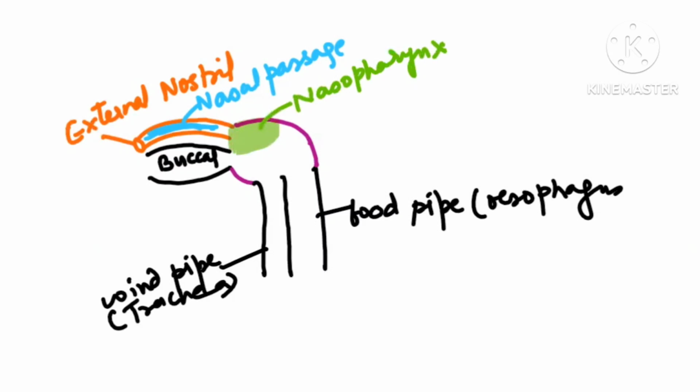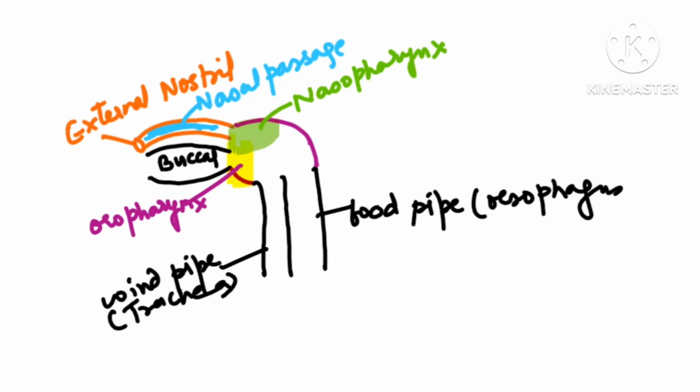This part of the pharynx, which is near to the oral cavity, means buccal cavity, is known as oropharynx. Clear? This much is clear? Now, if you see